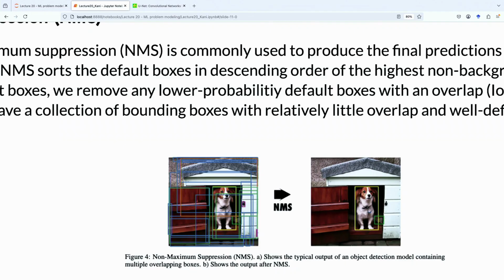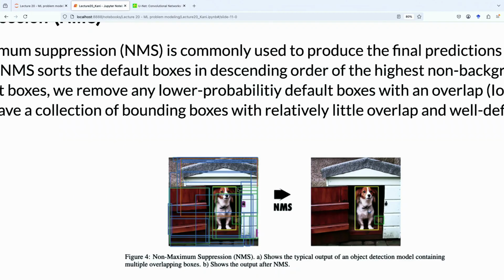For instance, we have a box that is the actual one that we want with the dog. Then we have a bunch of other boxes, some of which are actually trying to bound the dog. The yellow one is the truth, and you have this green one here, and this green one here. A lot of the other ones aren't terrible. They're not great, but they're not terrible. But they have lower confidence scores than the yellow one.